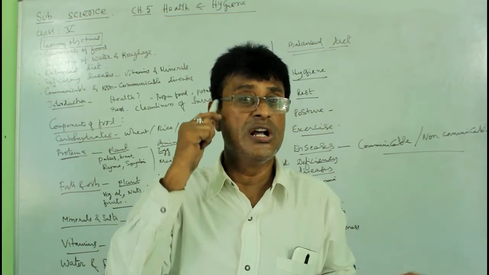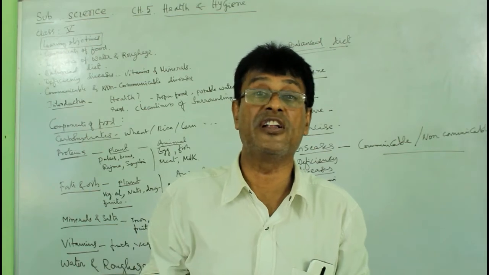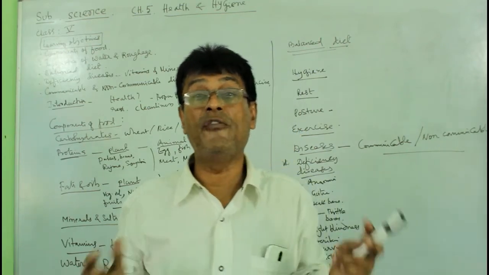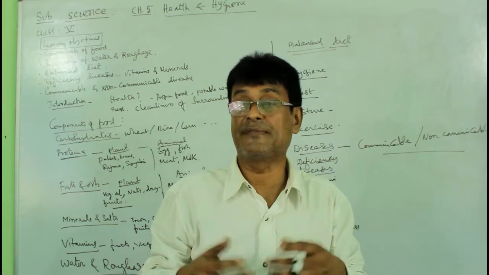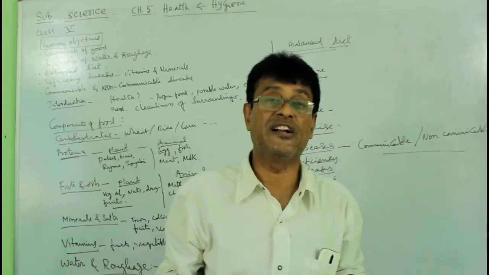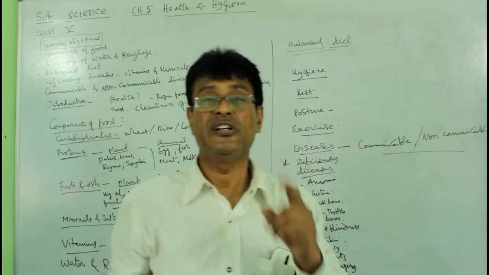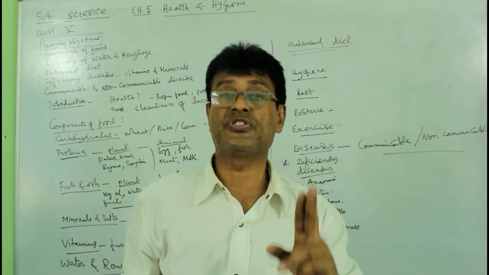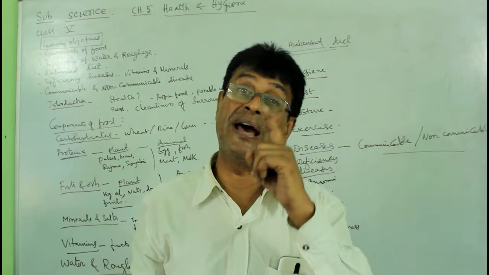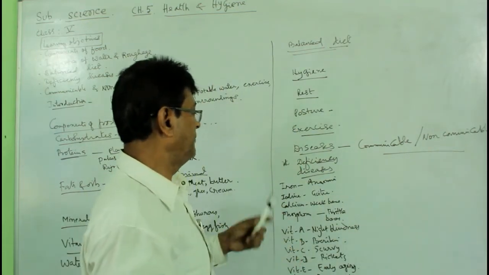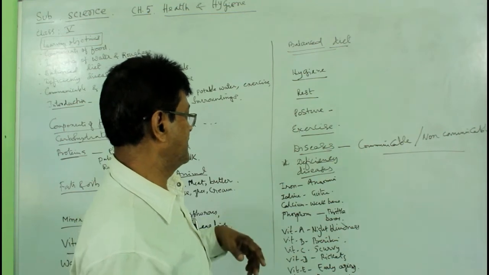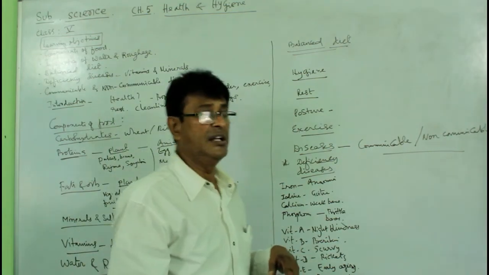And undernutrition is due to poverty. Those who don't get food. Poverty. They don't have the money to purchase food, they don't have the sources to bring the food. That is undernutrition. And malnutrition is the condition which comes due to the deficiency of a balanced diet. So you understood that?